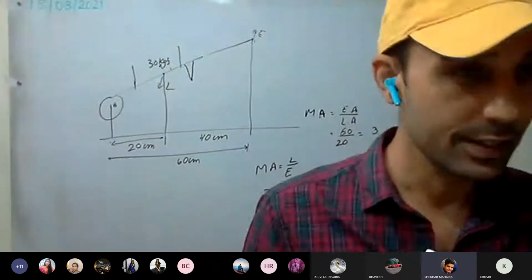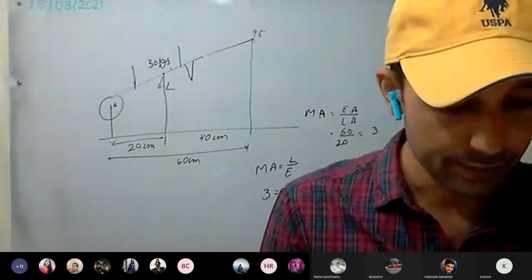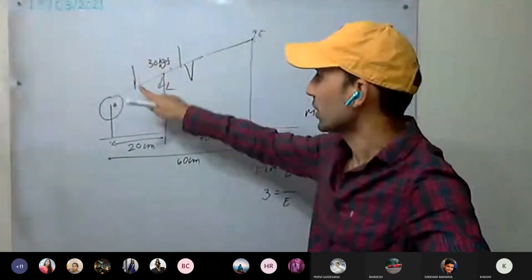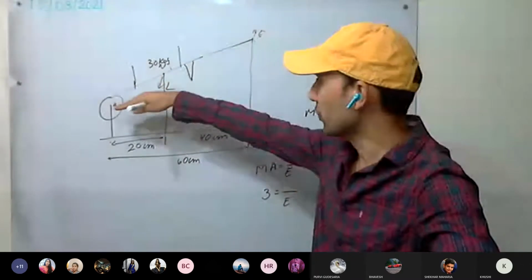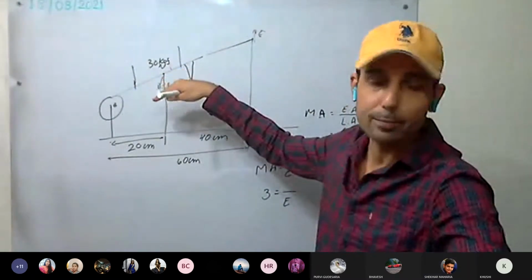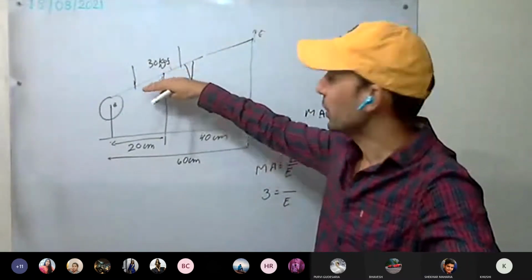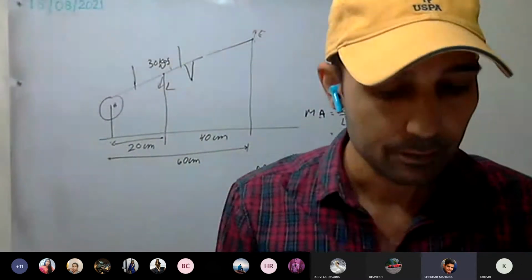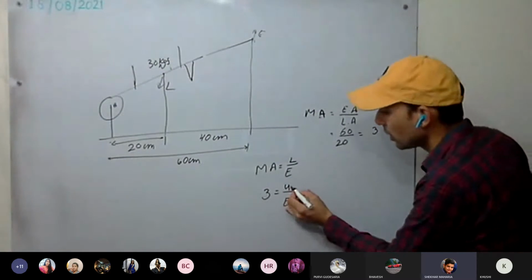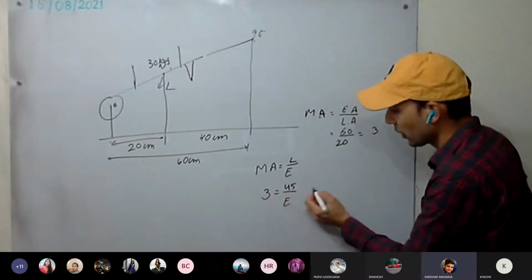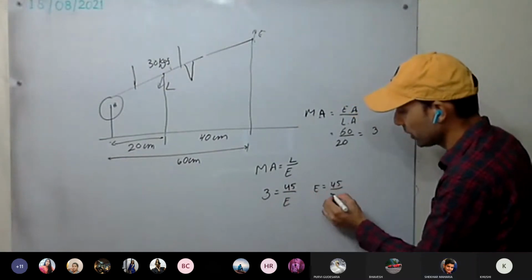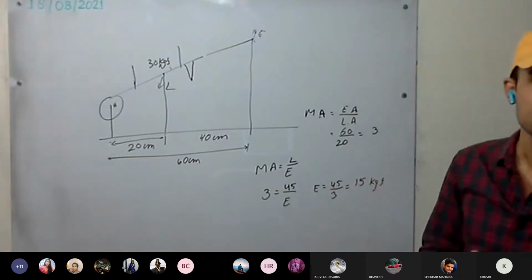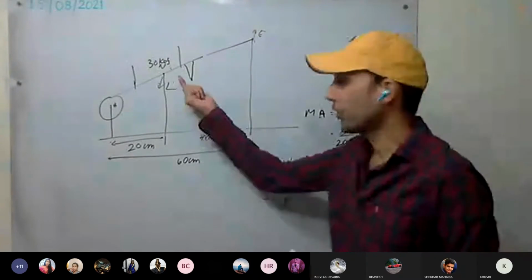See here, the wheelbarrow is also having some weight, that is 15 kgf. As well, it is carrying 30 kgf. So total load is how much? 30 plus 15 kgf, because the wheelbarrow is not weightless. So it will be 45. So effort will be how much? 45 upon 3. It is how much? 15 kgf.